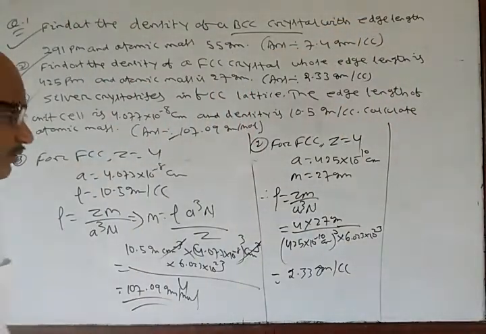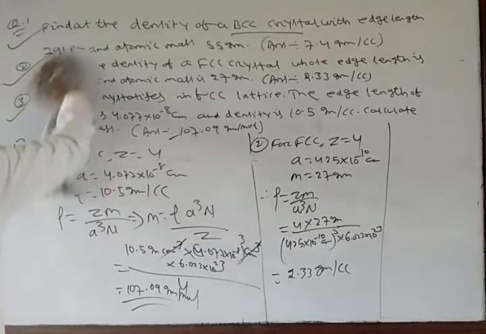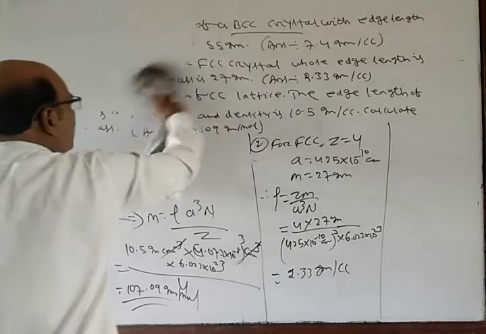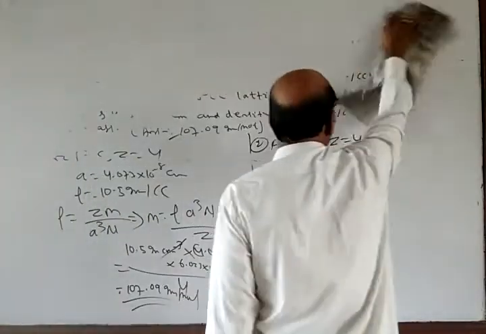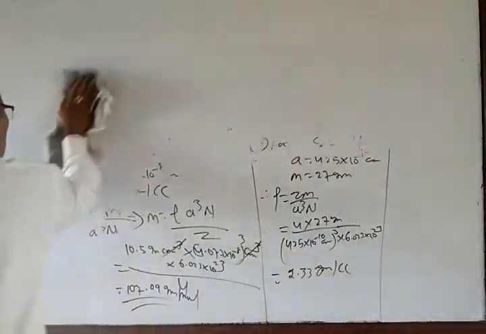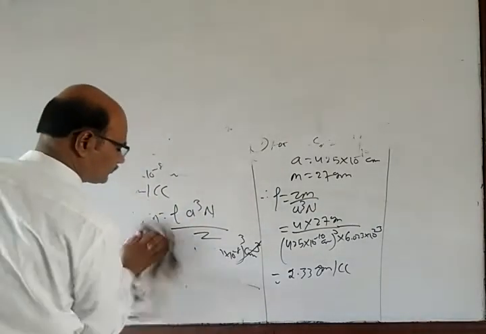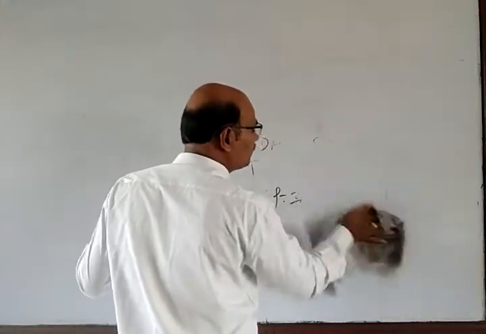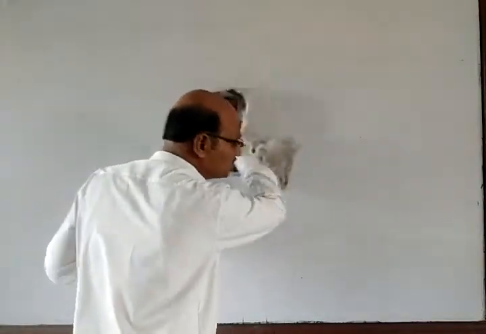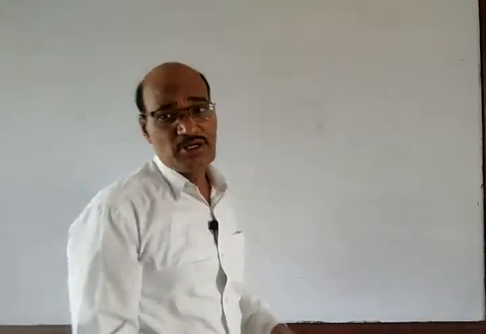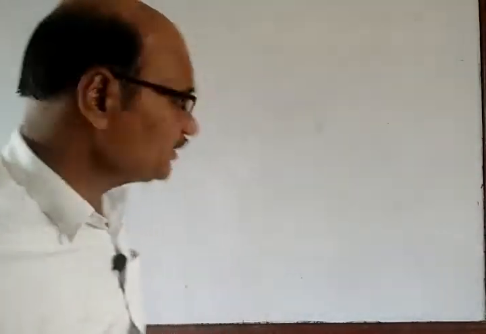Now let us discuss how to find out the relative occupancy of atoms in a cubic unit cell, and the void space present in a particular cubic unit cell. We already discussed the three kinds of unit cells: simple cubic, face centered cubic, and body centered cubic unit cells. So let us see.